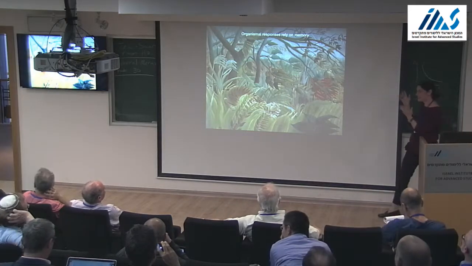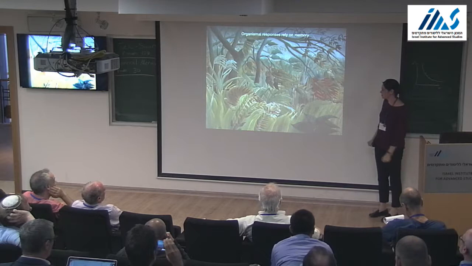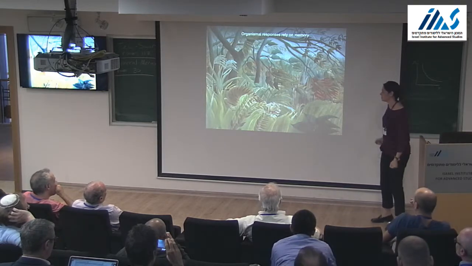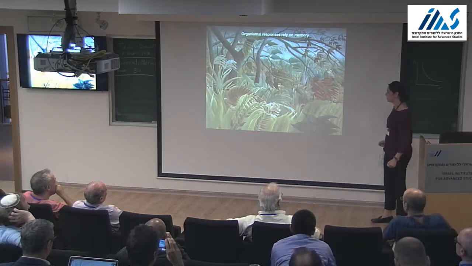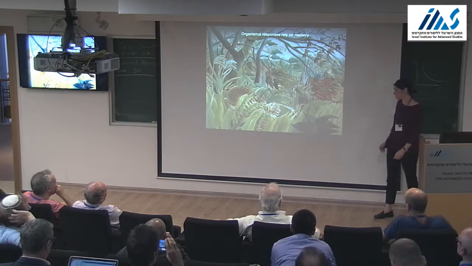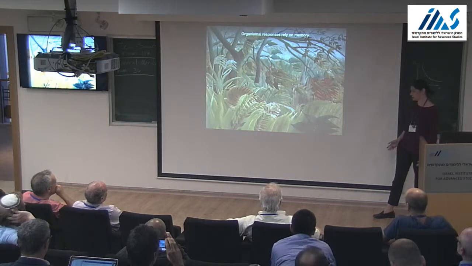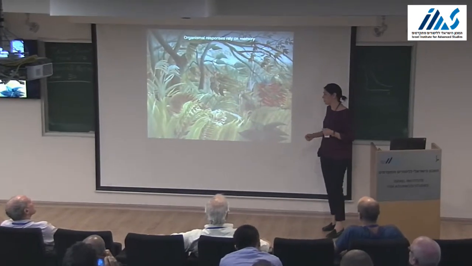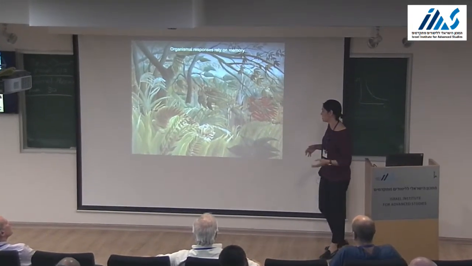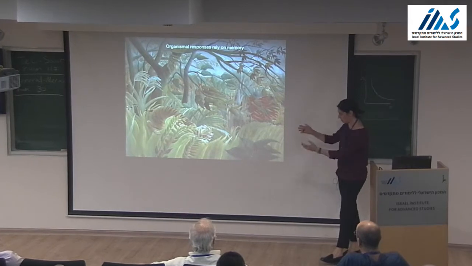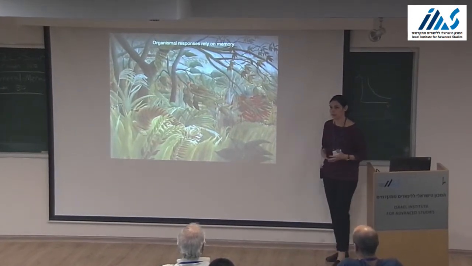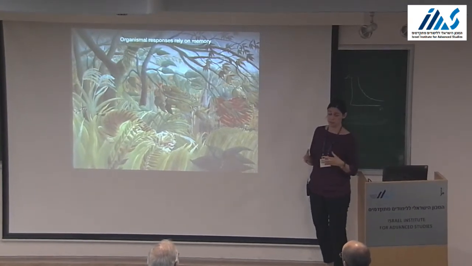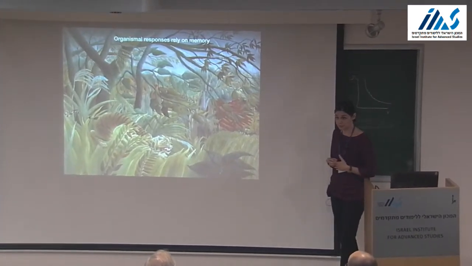So, I want to start by taking a look at this beautiful picture by Henri Rousseau called Tiger in a Tropical Storm. And what we can appreciate here is that we have a very large variety of organismal systems, of biological systems, both in terms of scale and complexity. You can think of bacteria, cells, insects, plants, and the tiger, but they all have the same daily challenge. They all have to survive in a harsh and, most importantly, a fluctuating environment.